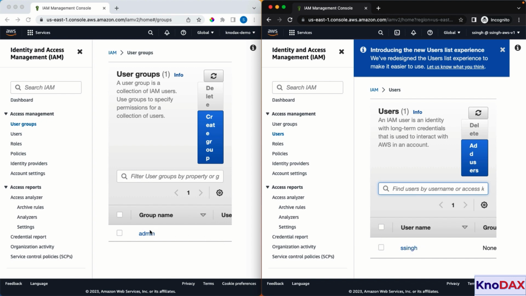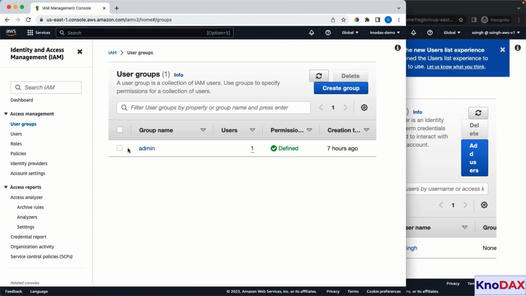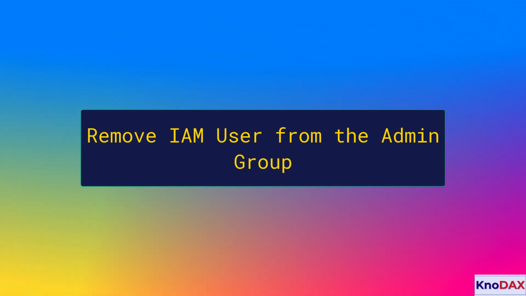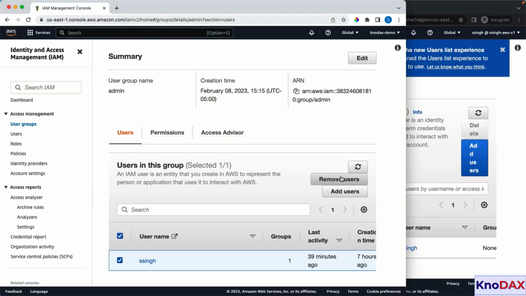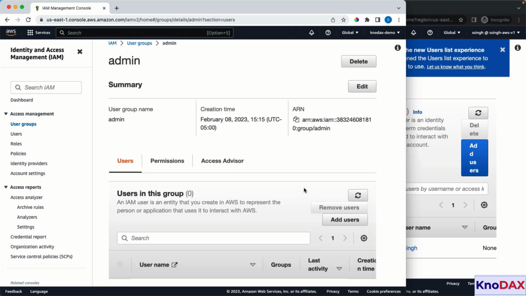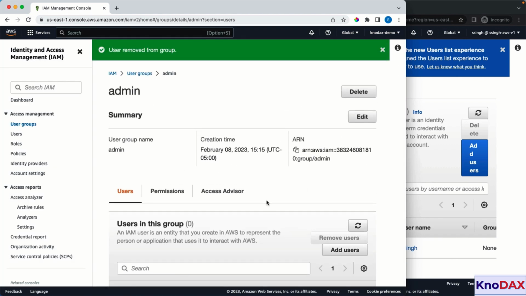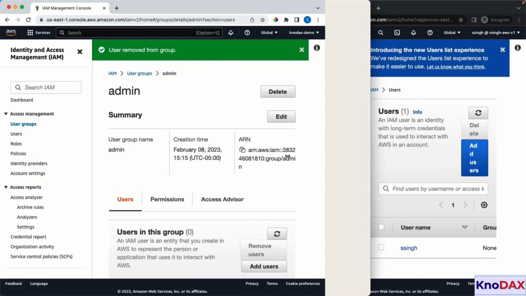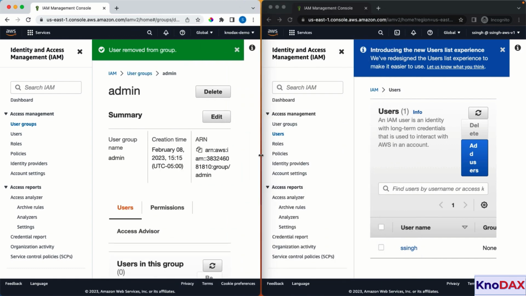What I'm going to do is remove the SSing user from the admin group. If I come here, admin, and this user, I'm going to remove the SSing user from the admin group. Let me remove it. It says this user will lose the group permissions. That's okay. Now the SSing user is not part of the admin group. If I refresh and click on users again,